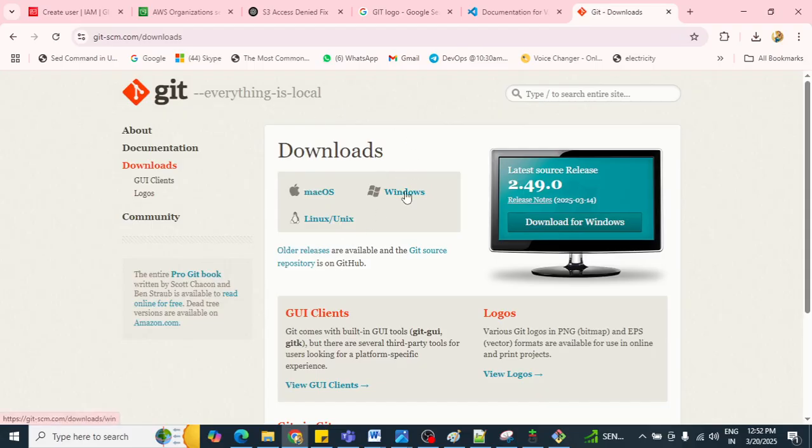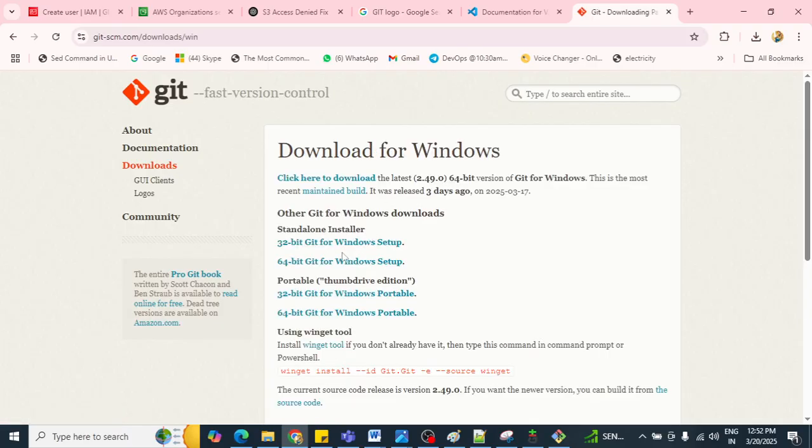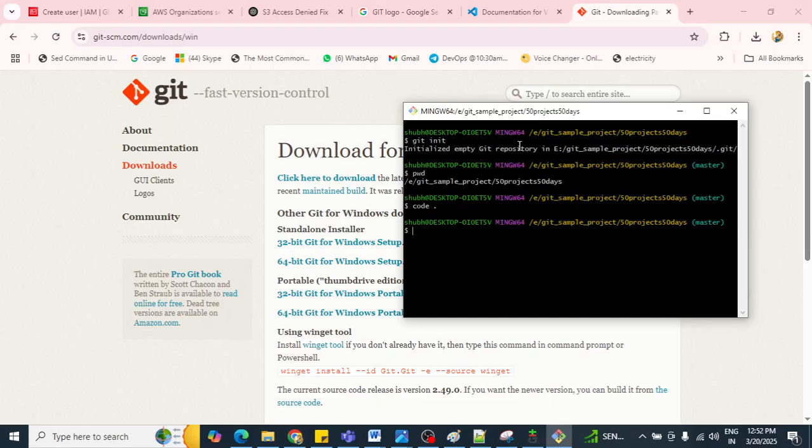Just click on Windows if you have Windows, or Linux and Mac OS, and then it will ask your OS capability, like 32-bit or 64-bit operating system. Accordingly you can click and download it, then simply click on next, and you will see that one CMD window will be populated here. This is called Git Bash.